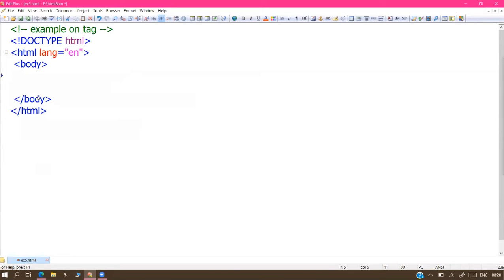See here, the body tag is available. Inside the body tag, we are writing a small text message, green apples. Nothing else, just a small text message. We can just go for hello world, no problem.